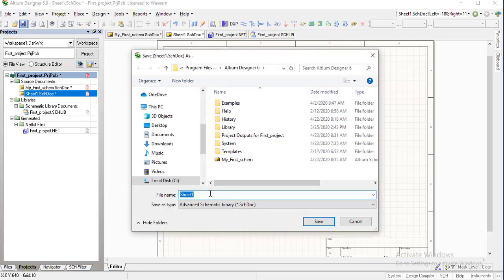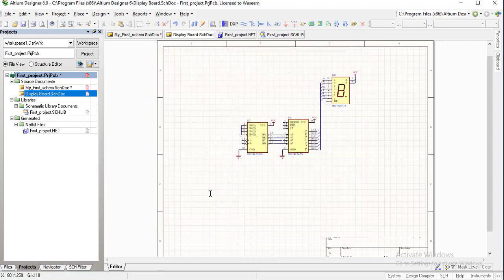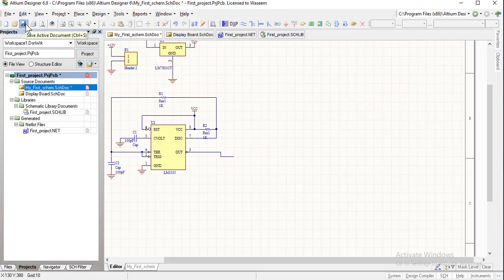We can rename the second schematic document as display board, because in this schematic we have the 7-segment display and all its accessories. So we can also save this schematic.